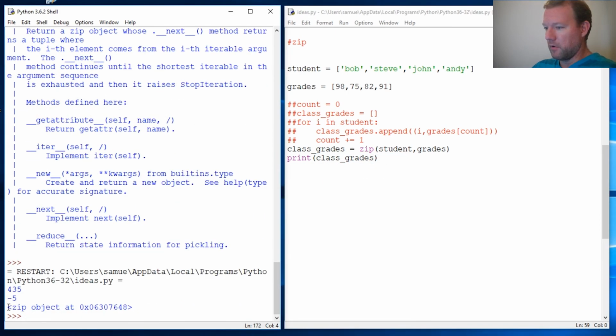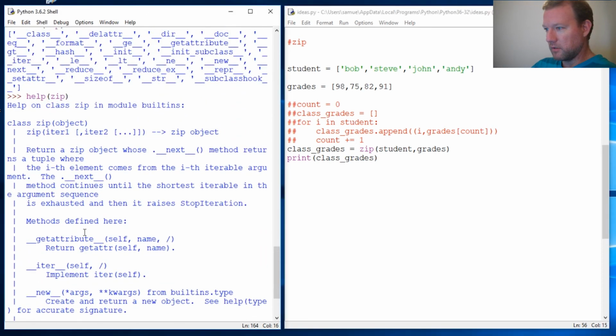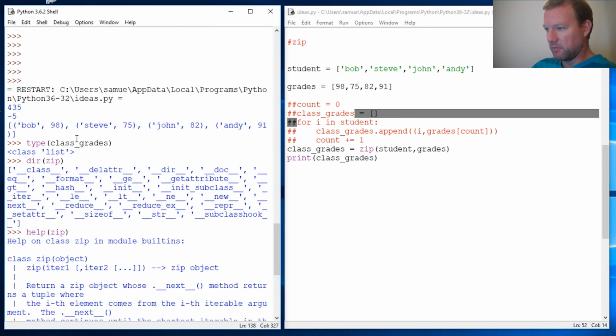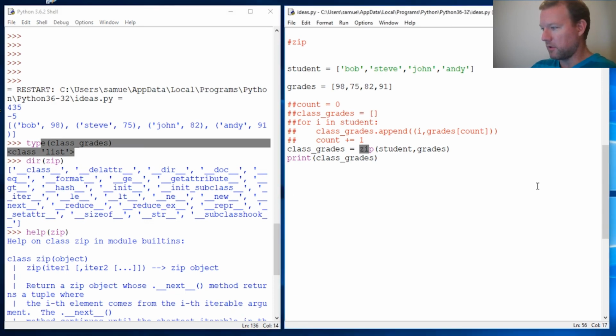So okay, oh, what is this? Well, I alluded to this. It returns a zip object. So right now this is an object, and when we did this, we wanted a list. So does anybody remember how we can make a list? So we're going to wrap it